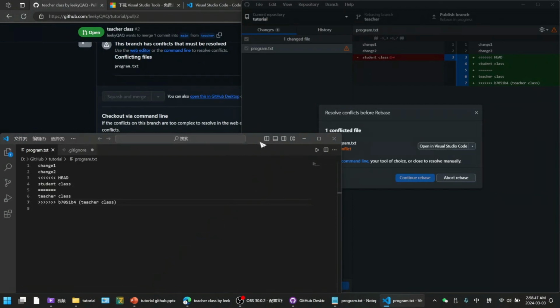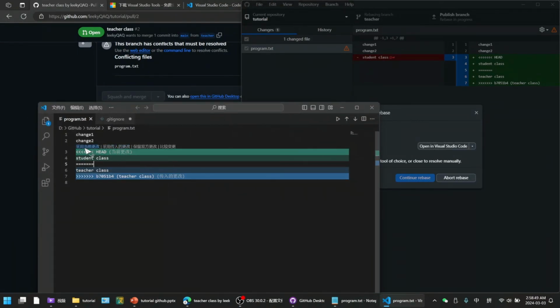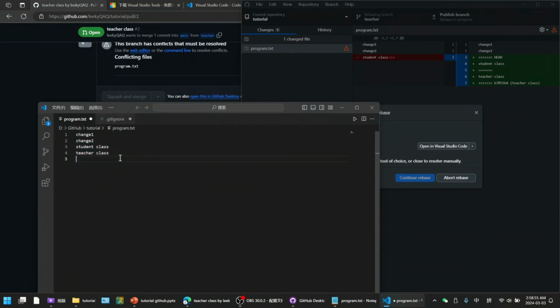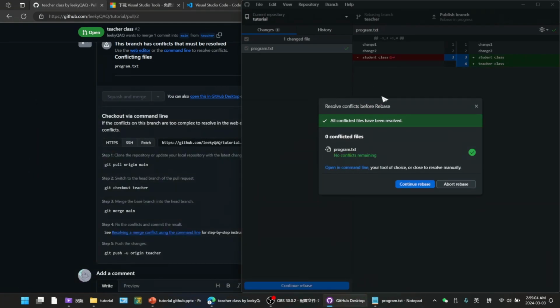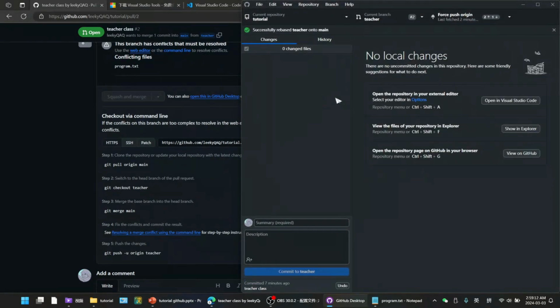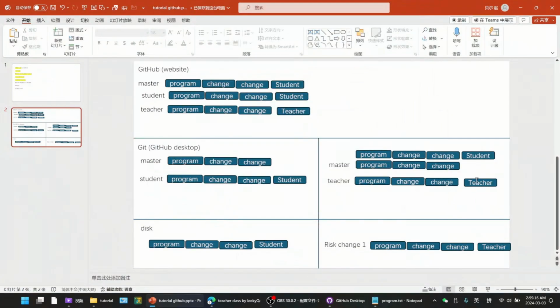Open in Visual Studio again, and choose which to keep. I'll keep both, because both of those classes are useful. Keep both and save. And Git, no, it was solved. Continue to rebase, and the conflict was solved, which means